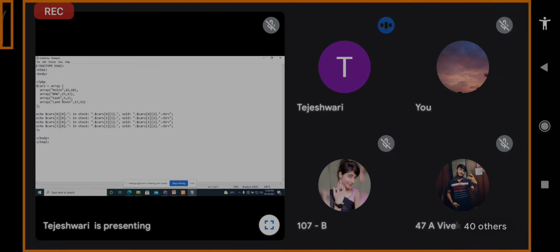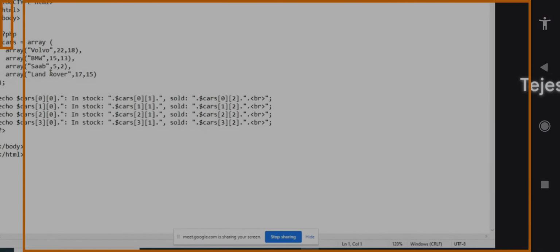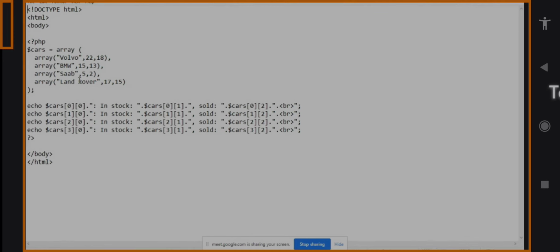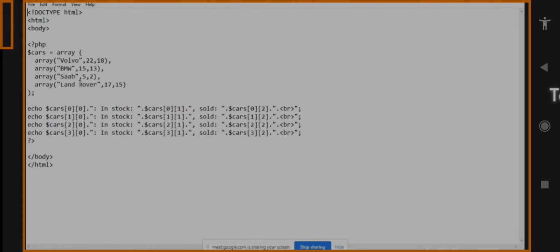Because we already discussed in the table, that particular Volvo is a string, so that's why we have taken it that way. And always remember, if there is a string value, then we have to write it in double quotes. So array open brace, double quote Volvo, comma, and the two values from the table, that is 22 and 18.